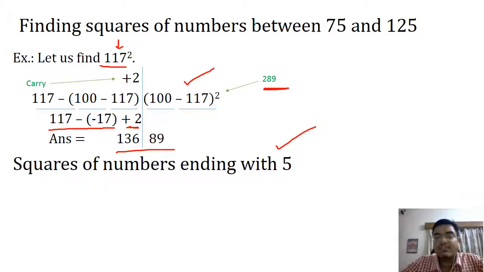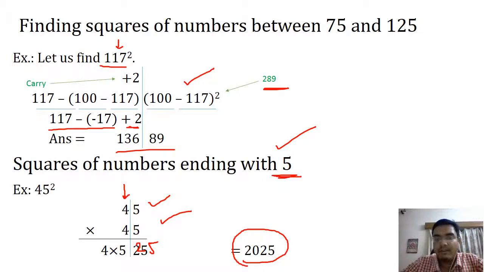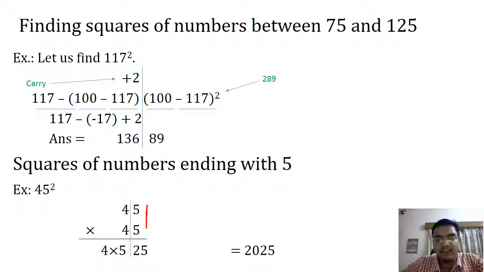Now let us see the squares of numbers ending with 5. This is a very basic concept. Whenever we have numbers which end with 5, how do we multiply them? Let us see an example, 45 square, so 45 multiplied by 45. Write the last two digits as 25, which is 5 into 5. Now because we have the same digit in the tens place, you multiply 4 by the next digit, 5. So 4 into 5 becomes 20. So our answer is 2025. What we have done is multiplied 5 by 5 to get 25, and because our tens place was the same, 4 into its next digit, that is 5.